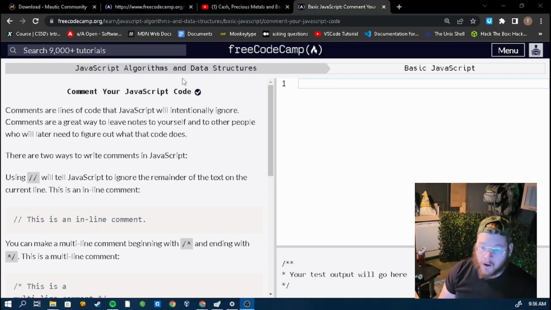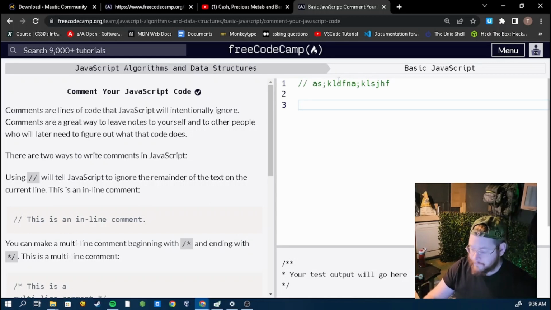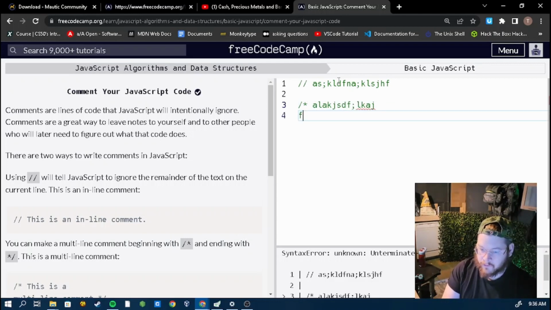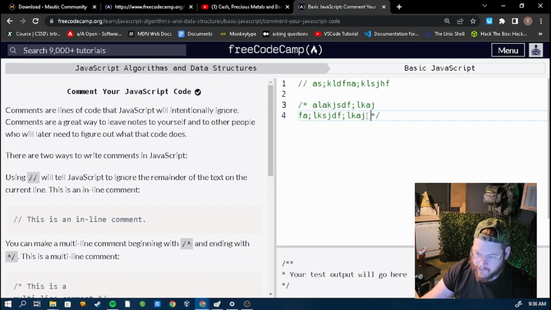There are 2 different types of comments that you can do. First, you've got your single line comment, which is just 2 slashes like this, and then you can write whatever you want, and the program will just ignore that. Next, you've got the slash and then the times key. This is a multi-line comment so that you can do stuff like this, and then you do the times key and the slash and it'll stop